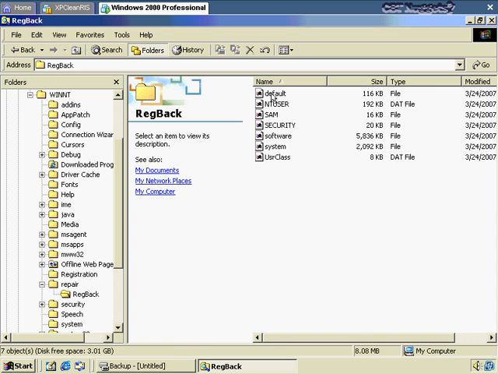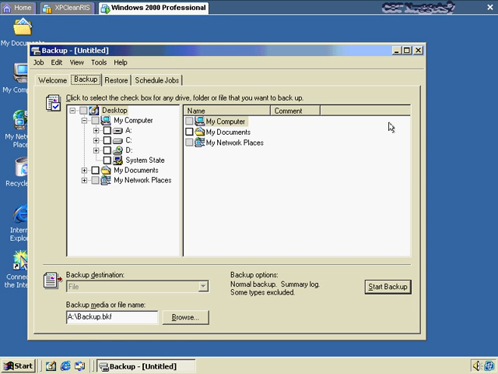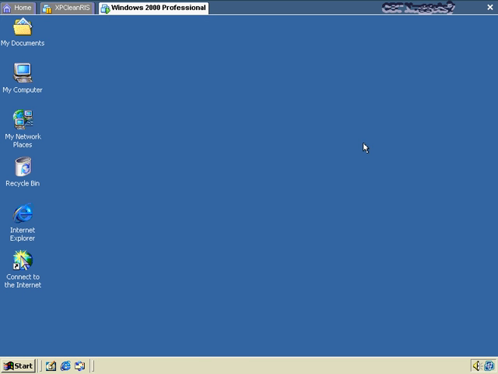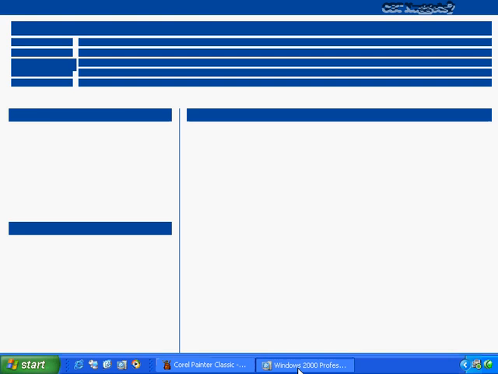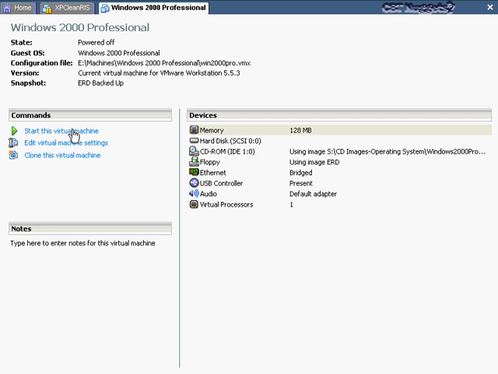Here's the registry backup that I created just a moment ago, and that was done when I created the ERD disk. And as a result, when I recover with the ERD disk, it's going to recover this version of the registry, which is going to keep any current applications and things that I've created, any personal preferences that I've also created as well. So then now let's go ahead and reboot this computer,